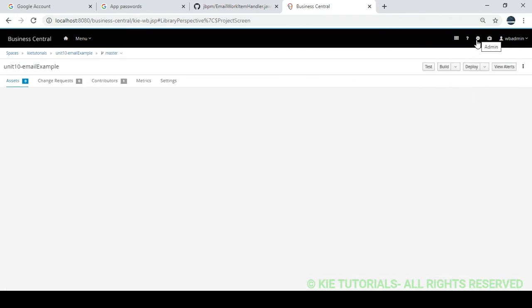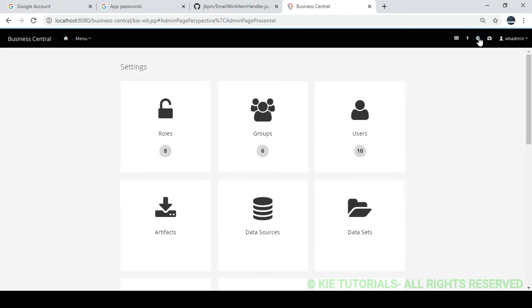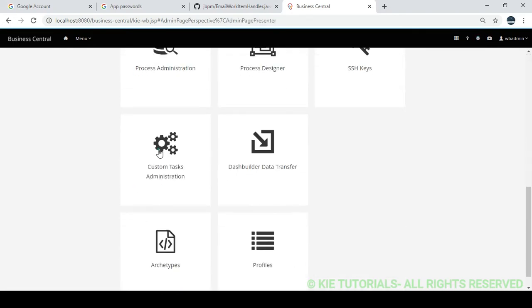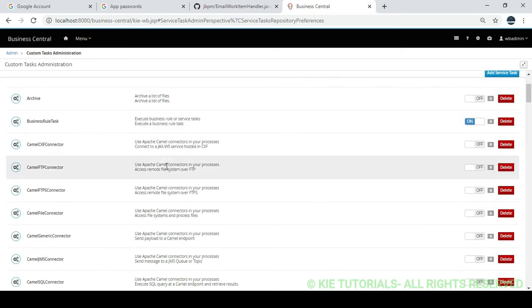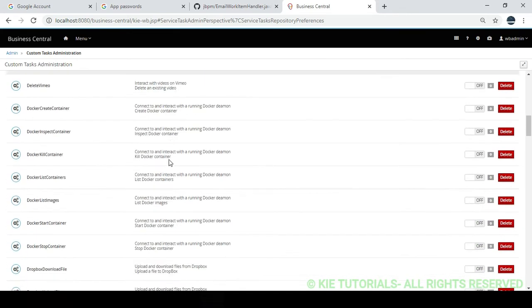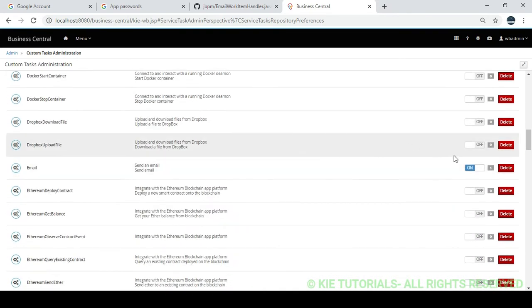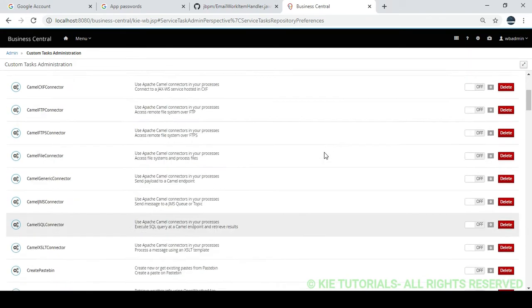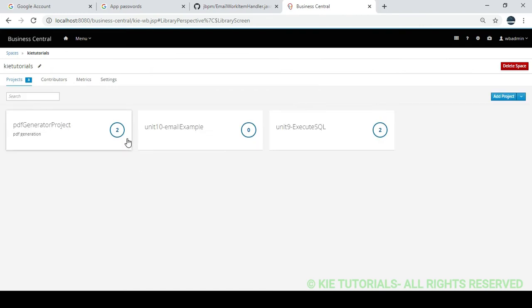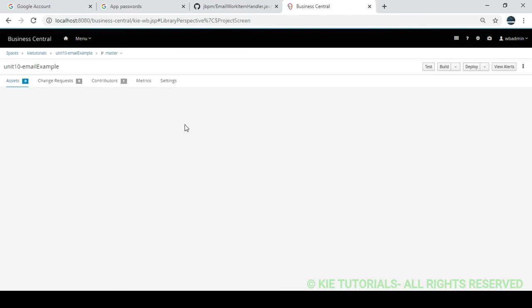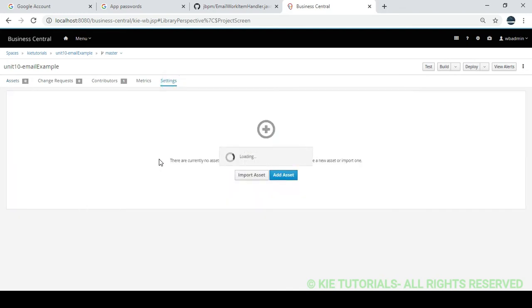First step is to go to the custom task administration section and check whether that email is enabled or not. Yes, email is on. Now go to your respective project, email example, and go to the settings part.